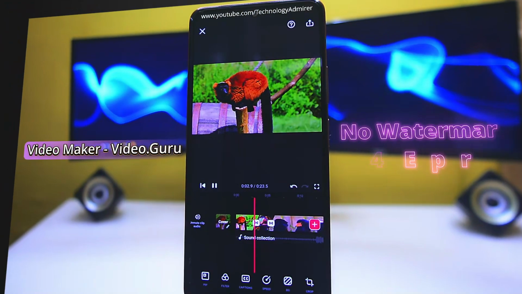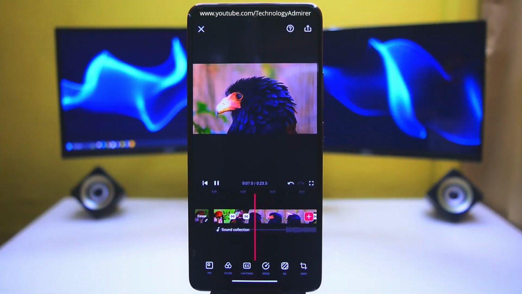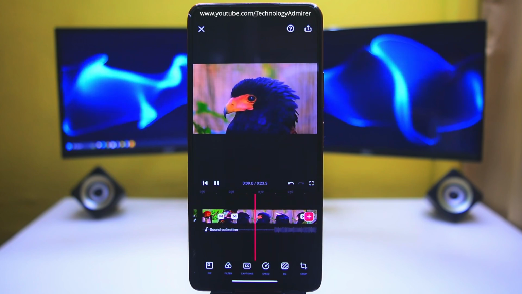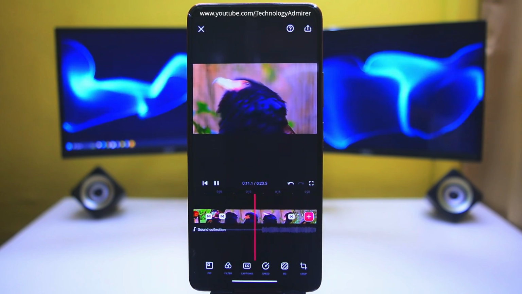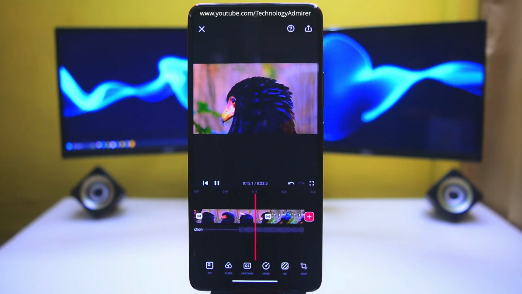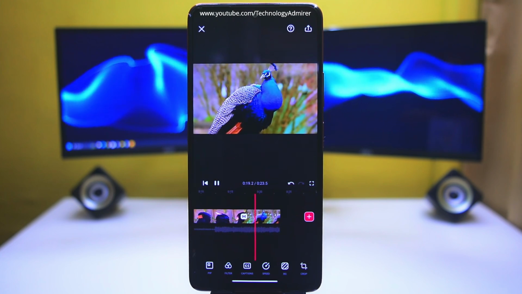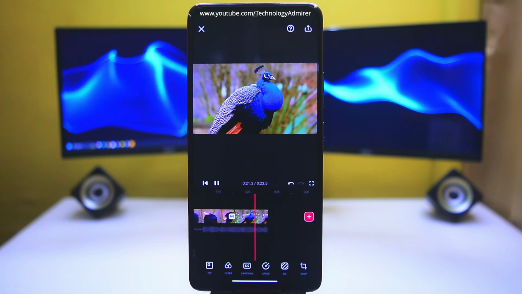The last video editor, Video Maker Video.guru, is a free app from the same developer as the first one featured in this video, and the features are almost same, but with a slightly different user interface. You can try this one, as this app is also watermark free and supports up to 4K resolution exports, ensuring your videos look stunning on any platforms like